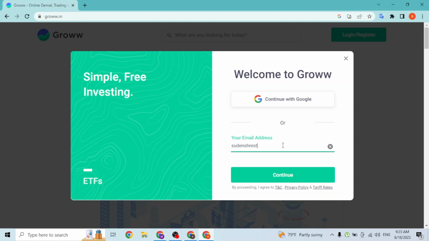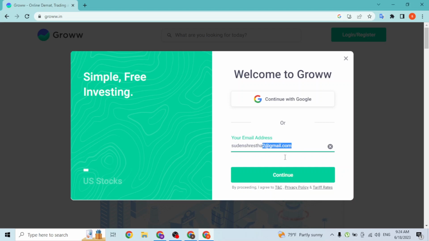enter your email address with which you had created an account on Groww. But guys, you can also log into your Groww account directly with Google even without registering. If you click on continue with Google, a login page to your Google account will open, and if you log into your account over there, you will also log into your Groww account. And that being done guys, this is a manual login where you can enter any email with